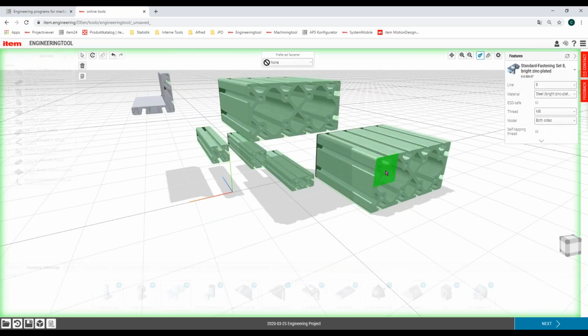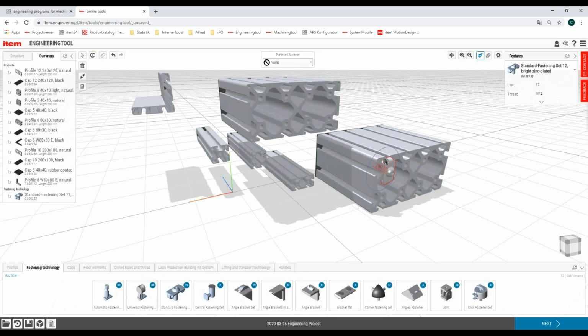If I take this standard fastening set, you can see it's imported to the profile line 12. It's automatically the right fastener, and it's importing automatically the thread for our standard fastening set. And now if I use this button here, disconnect, I can use the fastening set, line 12, move it to a profile line 5, and it's automatically the right fastening set, which is very, very easy.